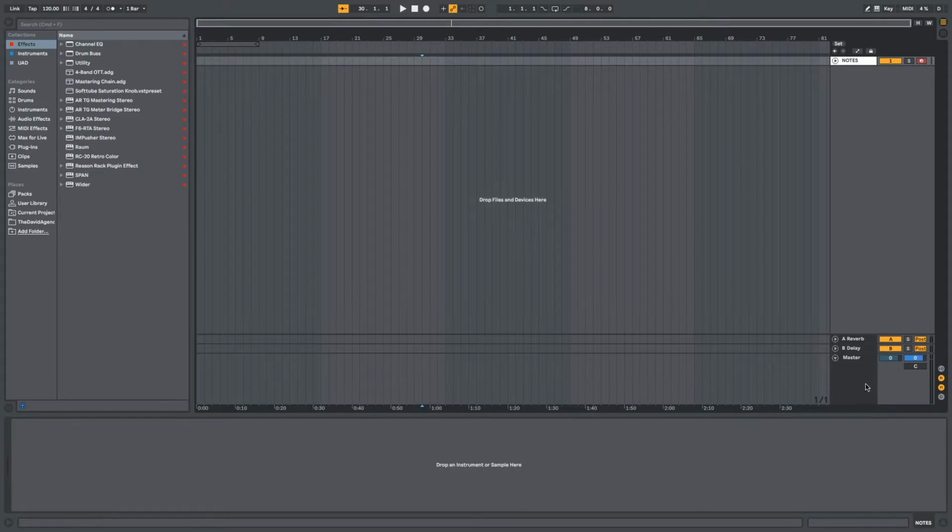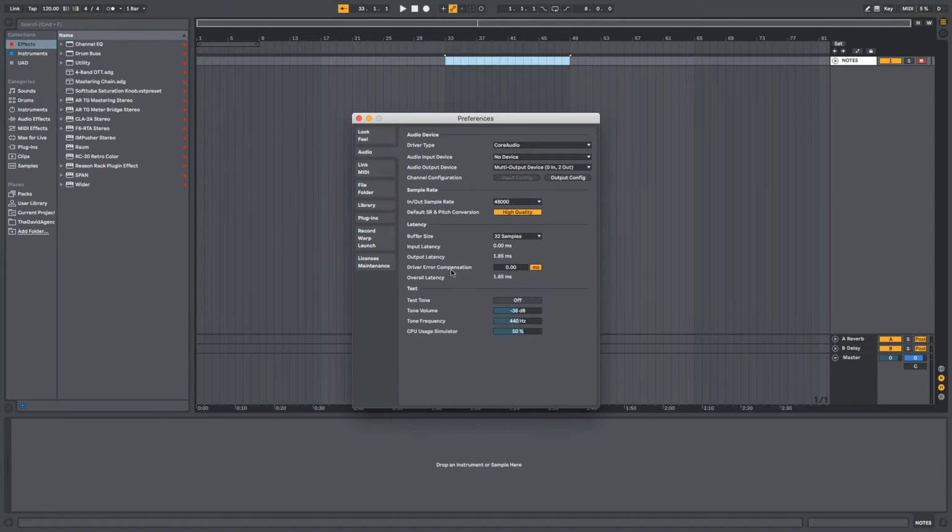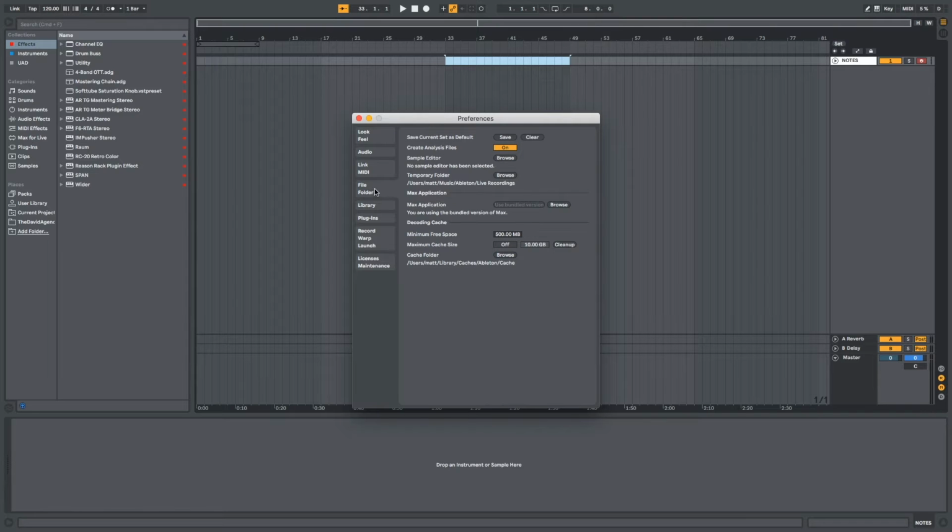This is what my default template looks like when I open it. I have all of these black because I just don't like them getting in the way. And I've got this notes track up here. So this is what I use if I want to make a note about a section of a clip. If you want to save your default template, just go into the settings, go file, folder, and hit save current set as default. So I use the notes to let me know about stuff that I need to do in